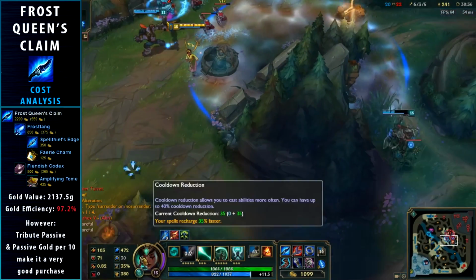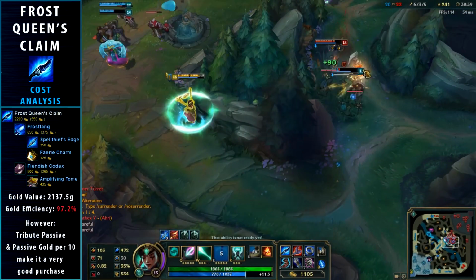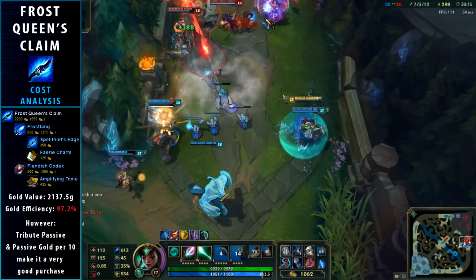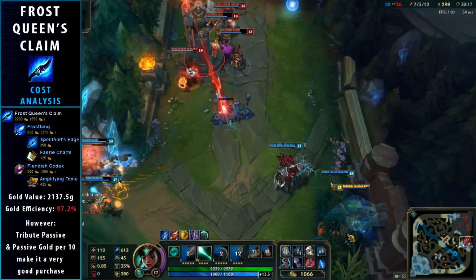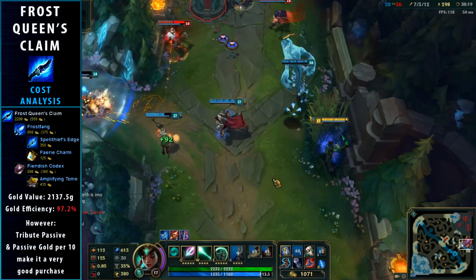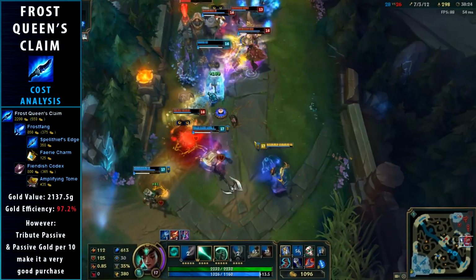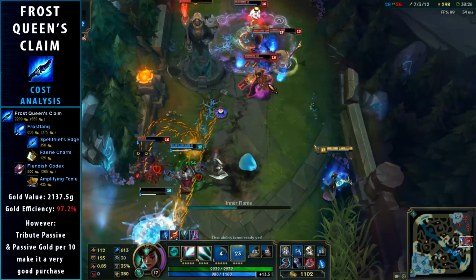Okay, let's start by doing a cost analysis of the item to see why it is so strong. Currently, as of patch 5.24, the item costs a mere 2,200 gold. It grants 50 AP, 150% base mana regen, and 10% cooldown reduction. The item is 97.2% gold efficient, meaning it's worth